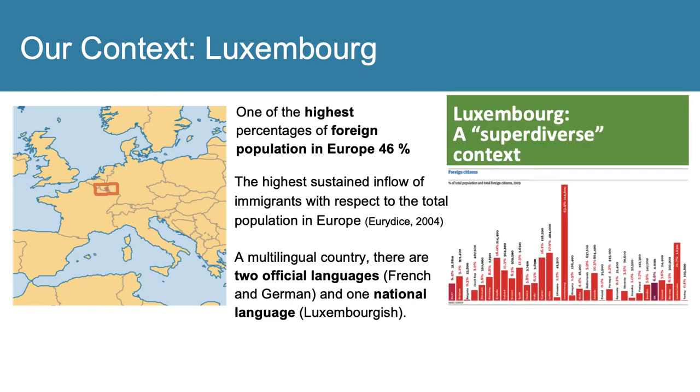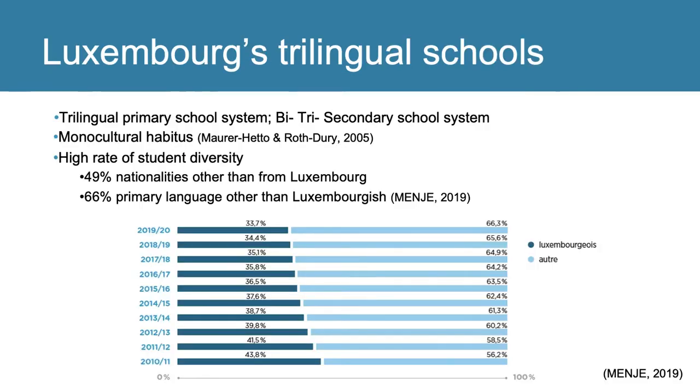Adding to this complexity, Luxembourg has the highest density of non-national residents in Europe, as shown in this graph with data from 2014, with Luxembourg being that tall bar in the center. There are over 170 nationalities in Luxembourg, and this diversity is also reflected in the public schools, in which 49%